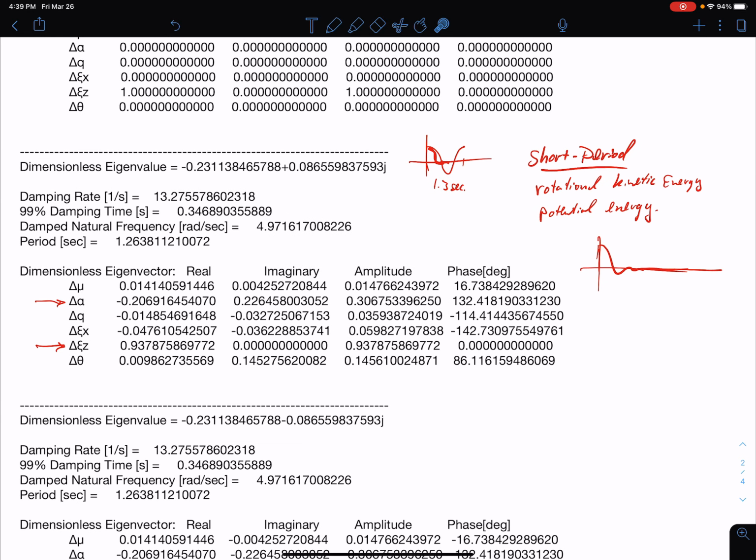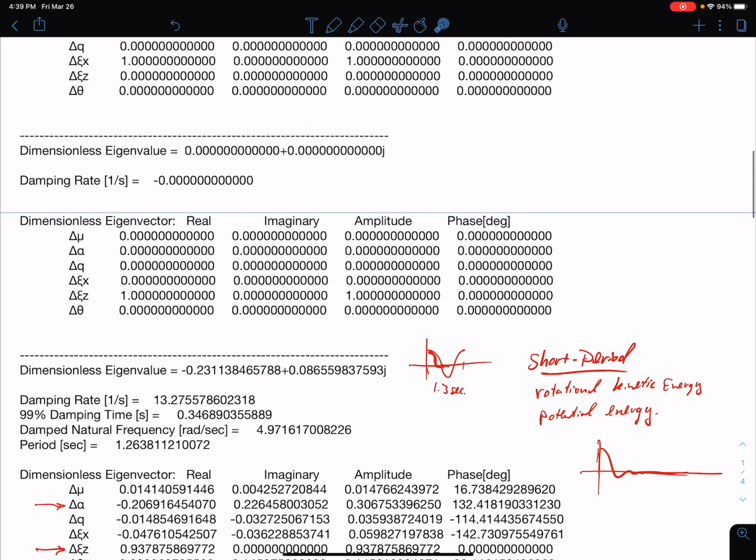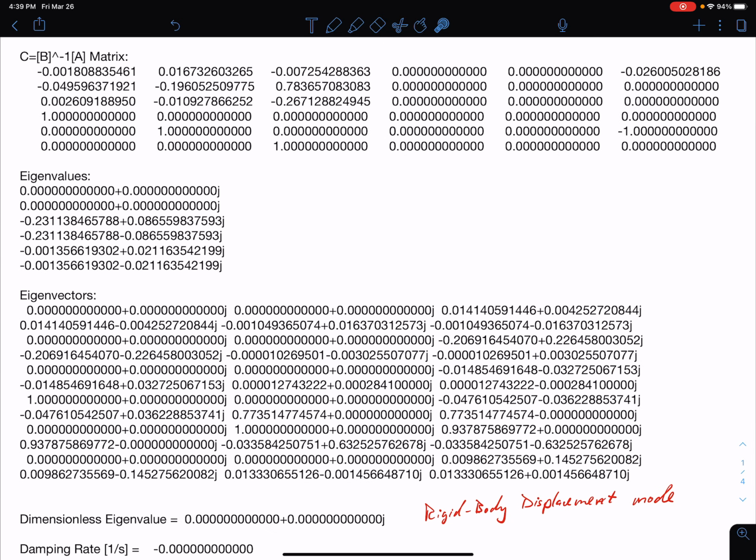These are the two oscillatory modes that we get in longitudinal dynamics, and they are evident on nearly every aircraft in existence. So they're extremely common, and hopefully at this point you should be able to get some eigenvalues and eigenvectors out of your aircraft. If you put in information about your aircraft and solve these equations, you're going to get eigenvalues and eigenvectors out. And from this information, actually from the eigenvalues alone, you can usually tell which one is the short period and the phugoid simply because of the damping, because this real part is so large compared to the real part of these two.